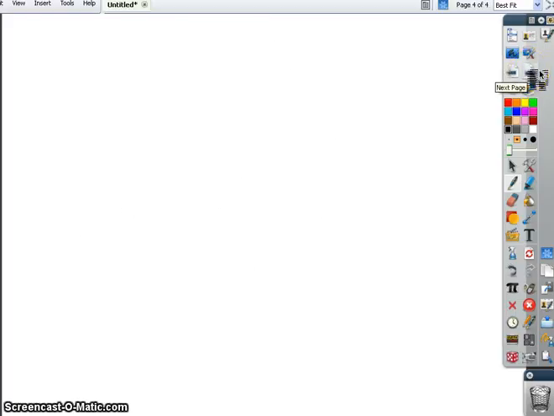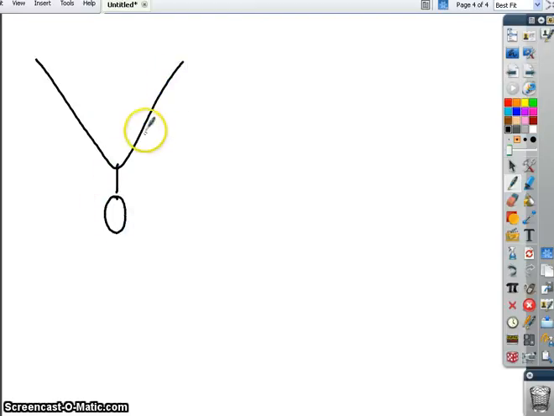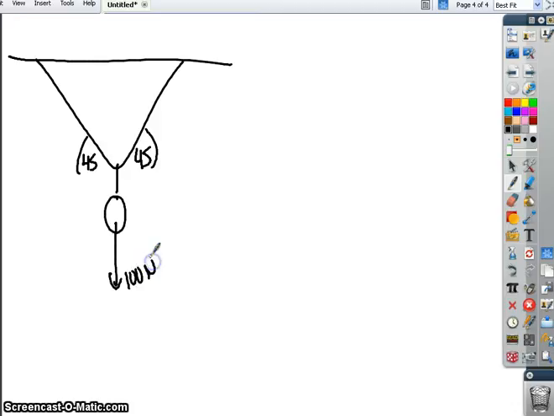Why is this? Well, let's take a look at a very simple example. A weight hanging from 2 wires, and they are both at 45 degrees. They are the same angle hanging from the ceiling. Well, if this is pulling down with 100 newtons, what must be pulling up? The reality is 100 newtons must be going up. So that means what is going up? The vertical component of each of these is what's pulling it up. And so if this is 45 each,